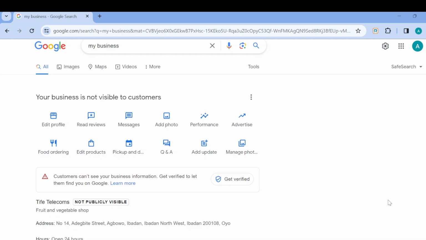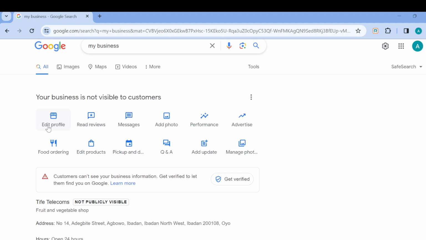The first step is to log in into your Google business account, just like I have done here. And then once you're logged in, you're brought to the page where you can see different options containing how you can redesign your Google business to suit your needs. And then you can see your business name as well as the category and then the address. And then the next step is to go up and then click on the edit profiles option, which is located